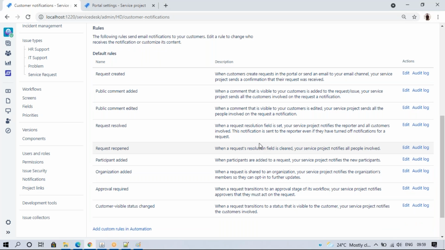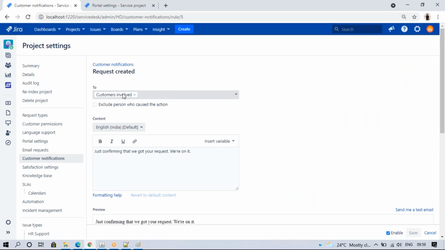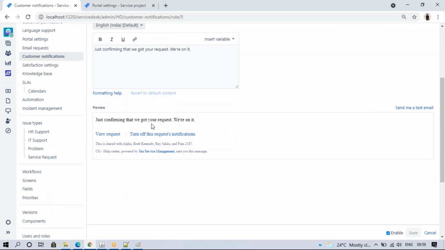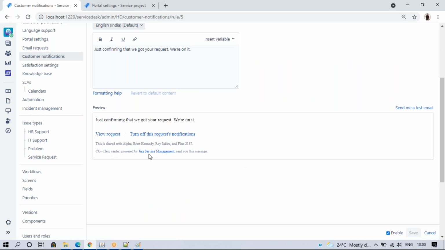So when a request is raised, which person needs to get a notification, like customer involved. Suppose any customer is involved, all those people need to get it. The content is in English, just confirming that we got your request, we are on it. So for example, when a customer raises a request, the customer receives an email notification like this.